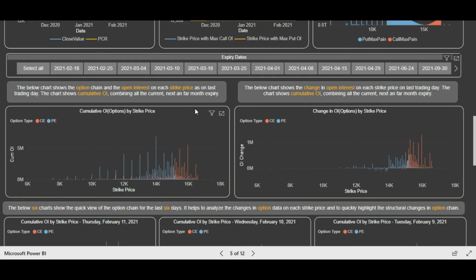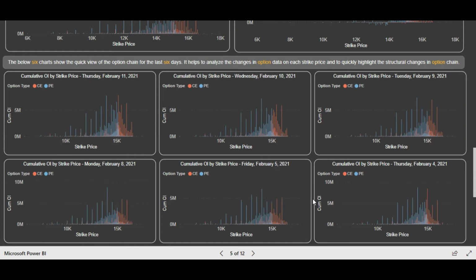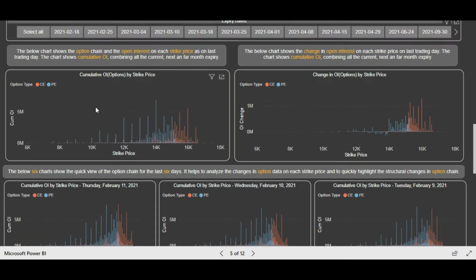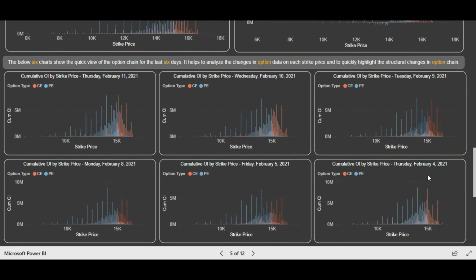Now friends, very recently we have also added the last 6 days view. So now you can see 4th February, 5th February, 6th, 8th February, 9th February, 10th February and 11th. So the last previous 6 trading days. Why have we added this? Because we felt that when it comes to option chain analysis, people would also want a quick reference of how the option chain is developing over a period of time. One week is a very good view. That's why we have taken 7 days in total, including the last trading day. This is the last trading day and the last previous 6 trading days.